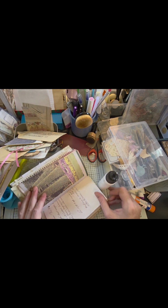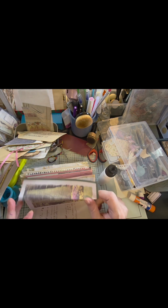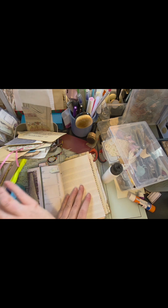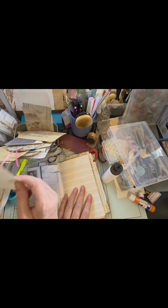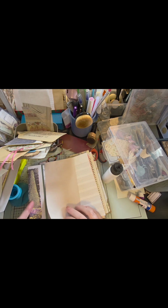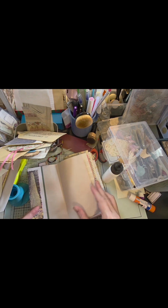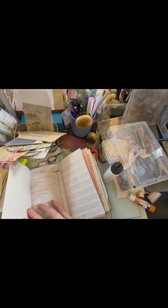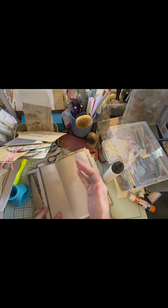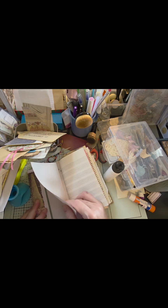Okay, I really like this page here, so I don't want to cover it up. However, I have this bit here that I could use to make a flip with. So let's see what I have in my pile that I can use to make myself a flip for more writing space. Ooh, I have a piece of newsprint. It's just already cut for this. So what if, let's do this. Let's add this in here, and so it can open up like that. And yeah, I like that. Then I'll put a pocket here, and we'll have here, here, and back here to journal on. That'll be perfect. So we're going to slip this in here,